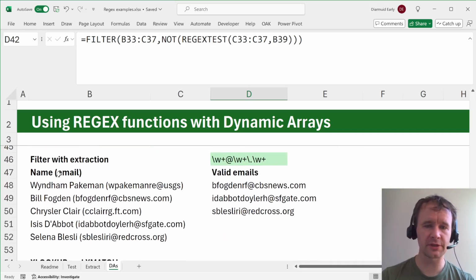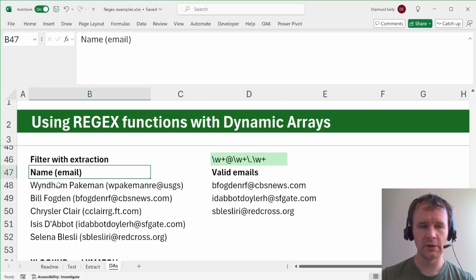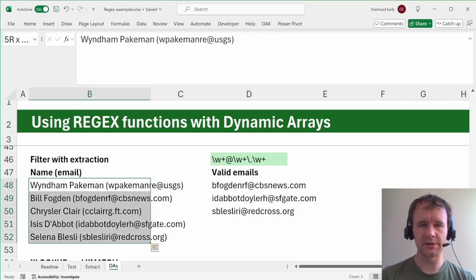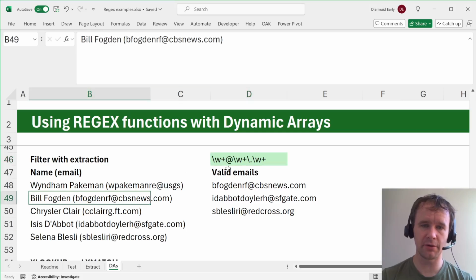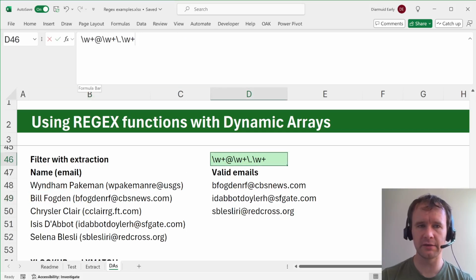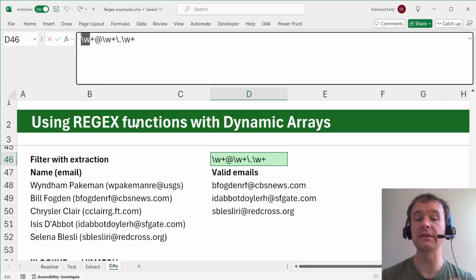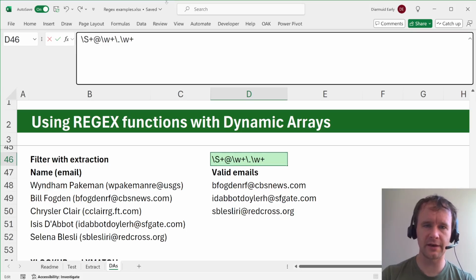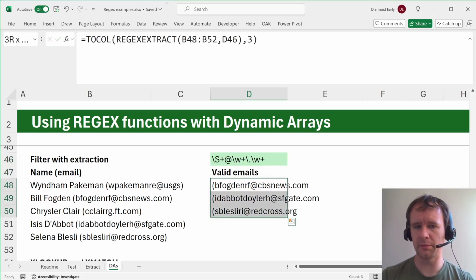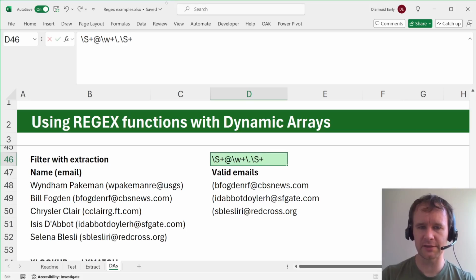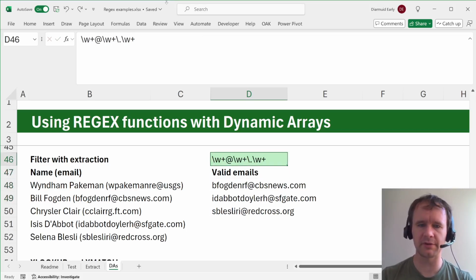Likewise, you can filter with extraction. So here's something that mixes the name and the email address, and I'm interested in filtering out valid emails. And you can see here, because the email is in parentheses, I've had to use a slightly differently written regex, because if I used the /s that I had before, it would pick up the parentheses, and if I use the /s at this end, like I did before, it would pick up the closing parentheses. So again, just depending on context, different things to do.